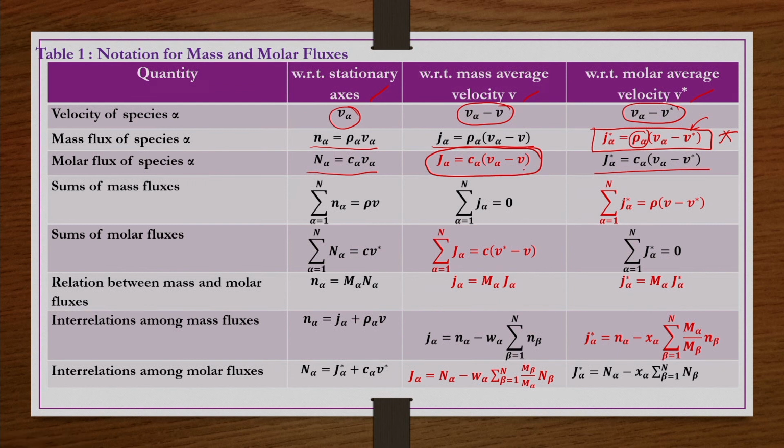So, again it is hybrid flux because capital J alpha is nothing but flux in molar units, but the diffusion velocity is given with respect to the mass average velocity V, not the molar average velocity V star. So, molar flux in terms of the diffusive mass velocities is reported. So, it is again the hybrid flux. Like that, other quantities we can evaluate. So, wherever these red fonts are there, they indicate hybrid flux. Okay.